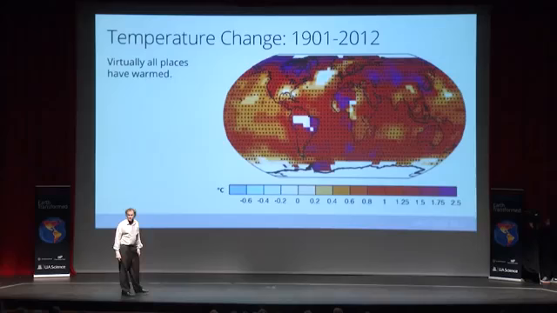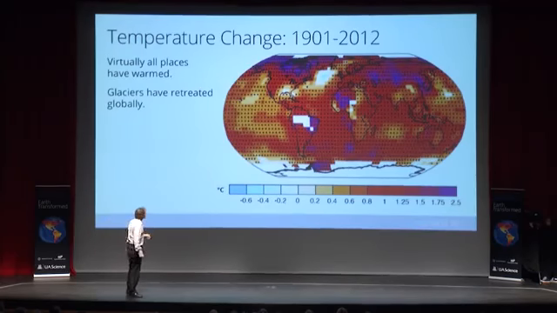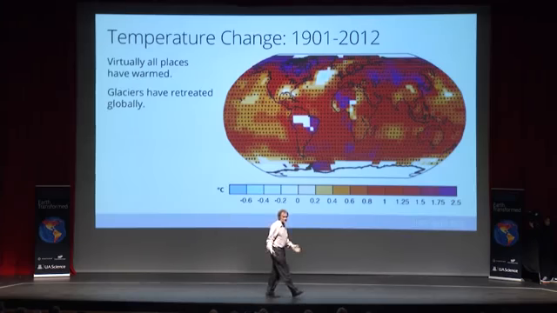So not just the global average temperatures increase, but the pattern of change, the spatial pattern of the trends, is exactly what you expect when you increase carbon dioxide. The other thing is, you don't have to believe the climate models if you don't want to. The glaciers worldwide are retreating. There's only one way to explain that. The planet's got to be warmer.